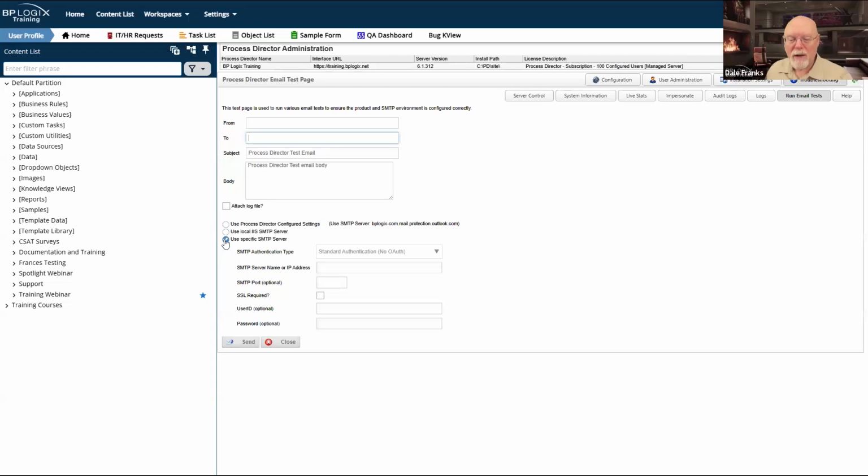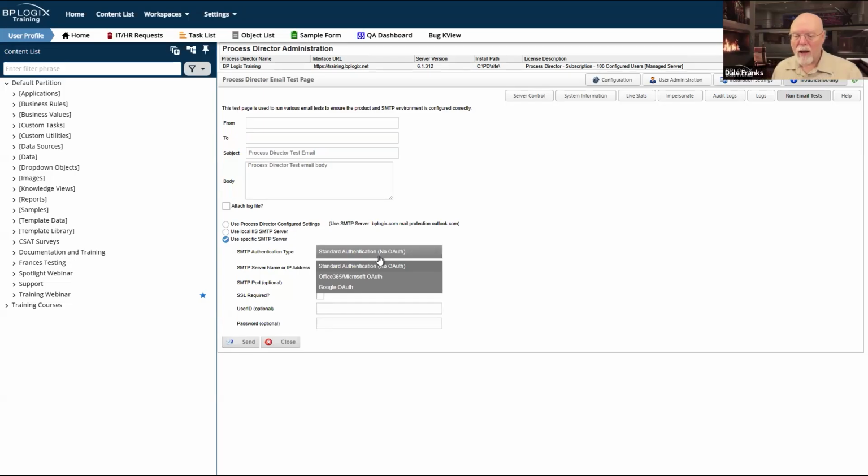And the use specific SMTP server option will allow me to uniquely configure an email server, a standard SMTP server, or a server set up in Azure for Microsoft, or a Gmail server, which of course would require the OAuth stuff.